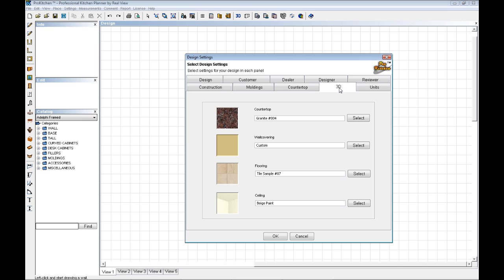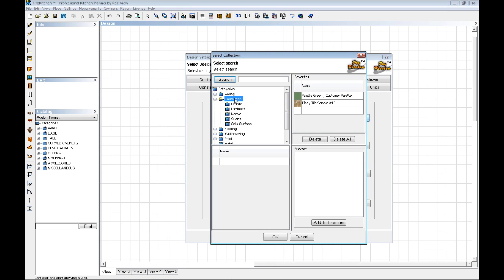This is where we've made it much simpler to choose colors. In this case, I want to change my countertop color for this design. I can click on Select, and now I have the ability to add in any color on any surface. So I can put a flooring color on a